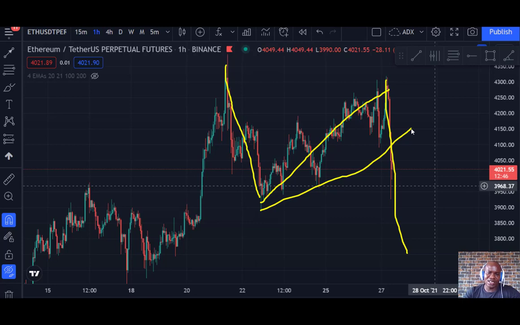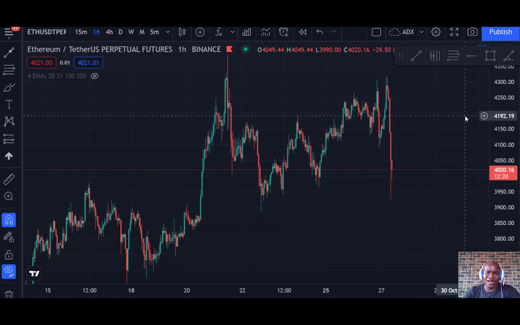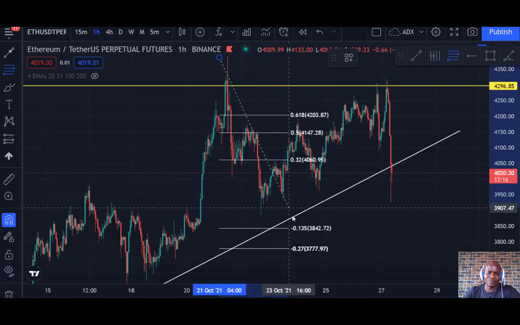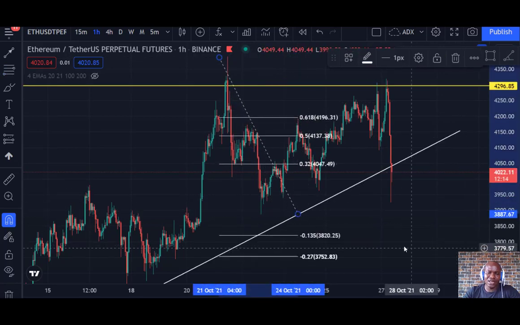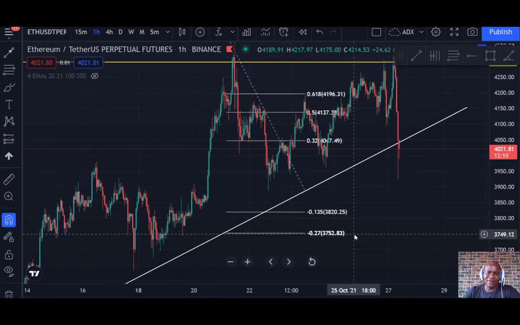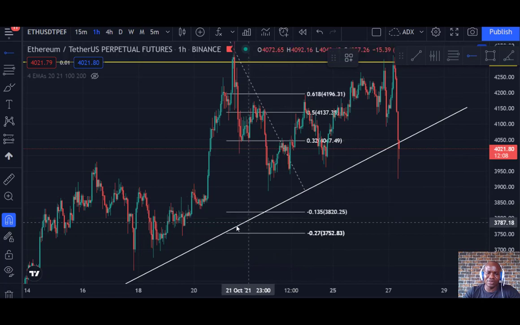If you understand this, it will take fear away from you and it gives you more confidence, because you only watch out for a particular thing to play out before you take action on the market. So we're expecting this to play out, guys, and that is what we are having. So our next target for Ethereum, if I should take a measurement here, is to take this trade to 3,752, guys. Let me put a drop there.